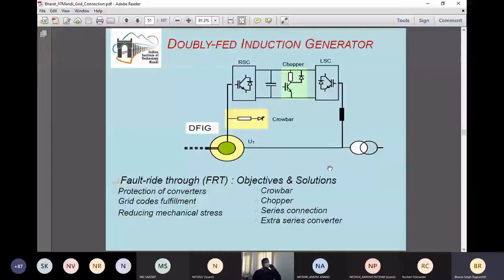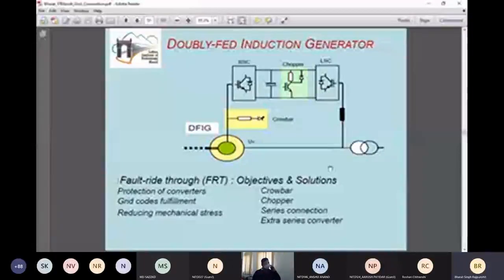Now let's see, whenever the rotor side converter is either injecting power into the rotor or taking power from the rotor and feeding it to this DC link, this DC link voltage is going to change, and the responsibility to maintain this DC link bus voltage lies with the line side converter. So this line side or grid side converter is continuously either taking power from the grid and sending it to the DC link, or taking power from the DC link and sending it to the grid.